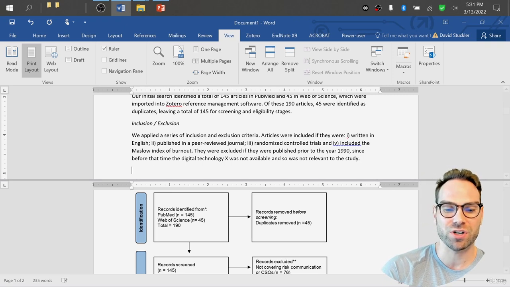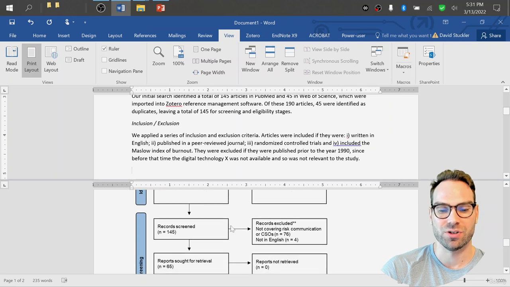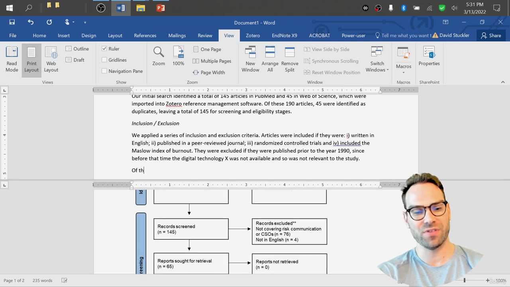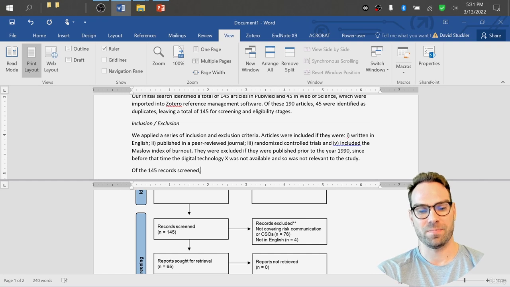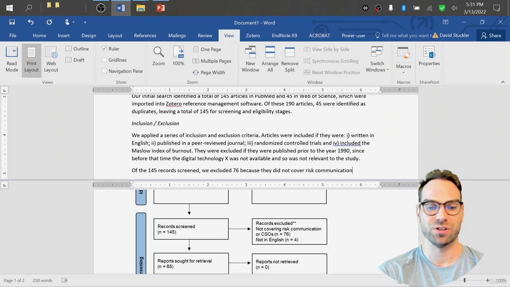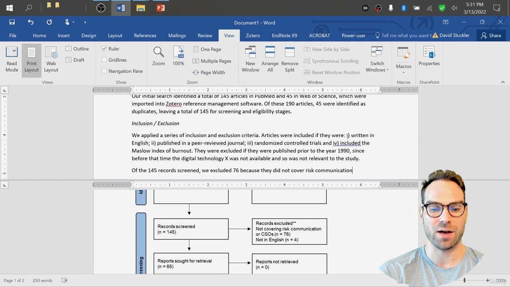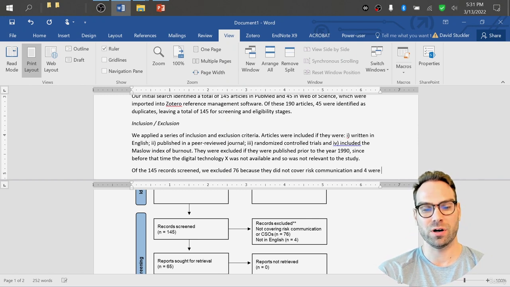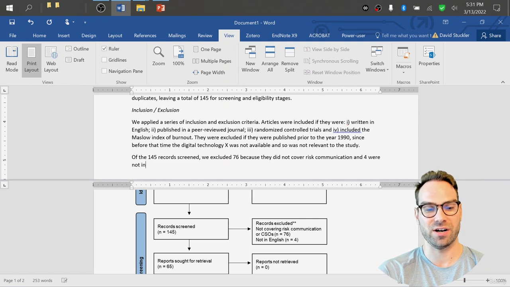Okay, now what you want to do is itemize the numbers. So for example here, of the 145 records screened, we excluded 76 because they did not cover risk communication, which might have been the intervention. This is just for example's sake. And four were not in English. So you can see I'm just writing the numbers here, leaving a total of 65 articles,